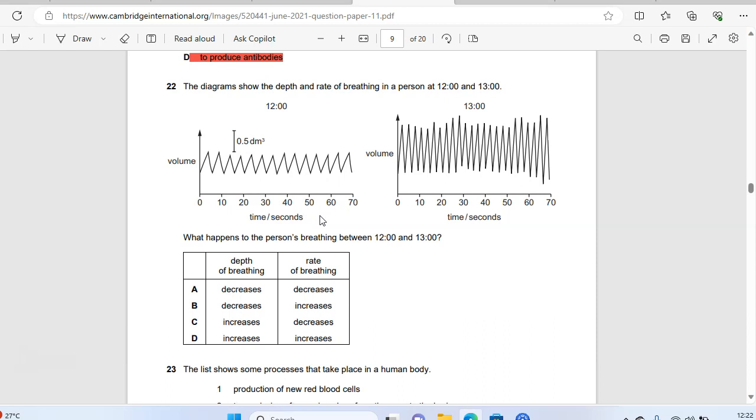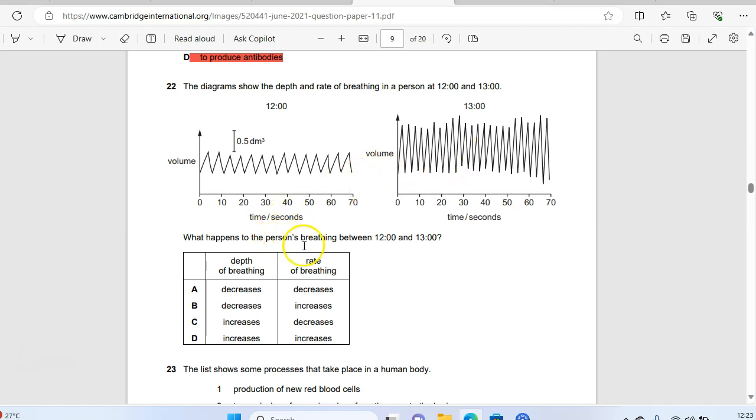The diagram shows the depth and rate of the breathing in a person at 12 and 13. On the y-axis it is volume, on the x-axis it is time in seconds. So at 12 you can see there is a constant rate. And at 13 you can see the peaks are more prominent, they are somehow increasing. So the answer for 22 is,